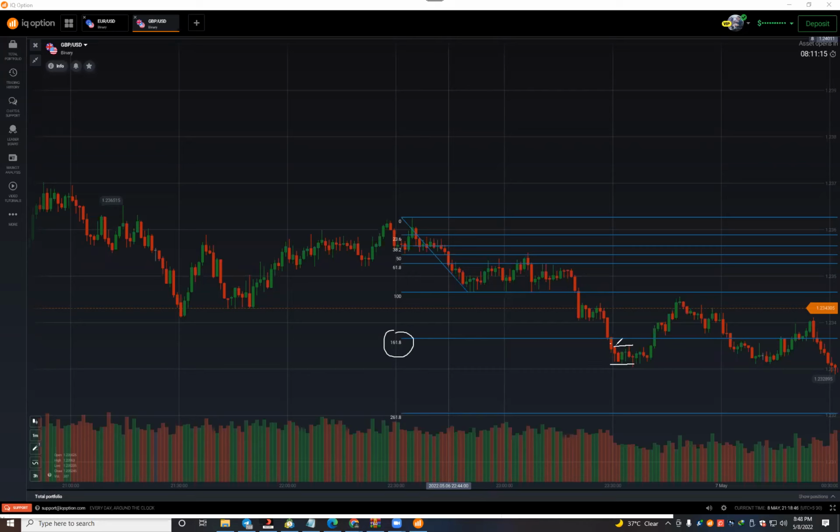If we lost, we will never trade the second trade. Then we will stop here. Next time when it breaks the 261, then again we will buy for 5 minutes. If one time 161.8 does not respect, then don't continue the trade. Sometimes you will win, sometimes you will lose. Then wait for the next level. It will be 261. If it touches, then you can trade. Okay.